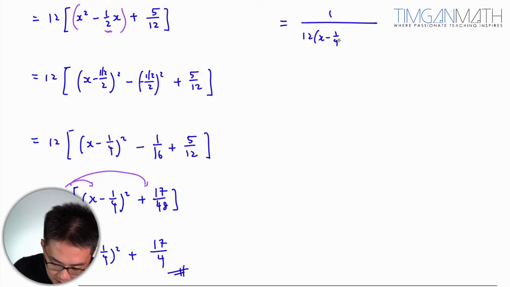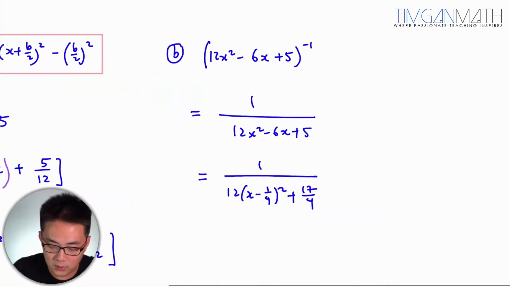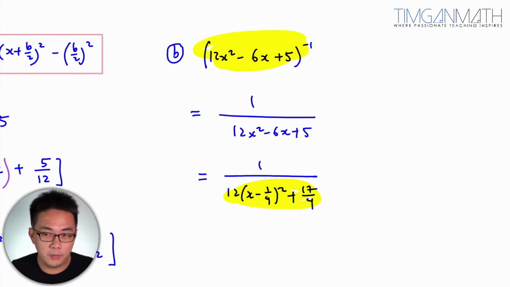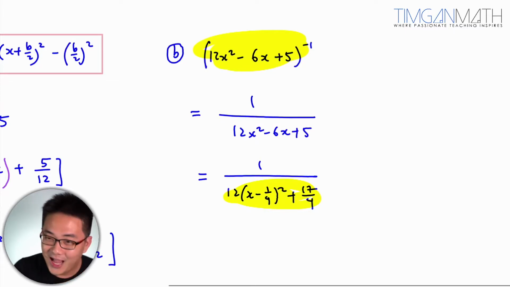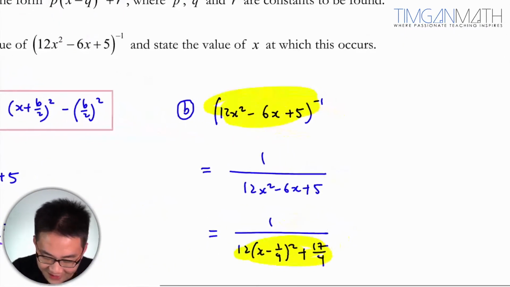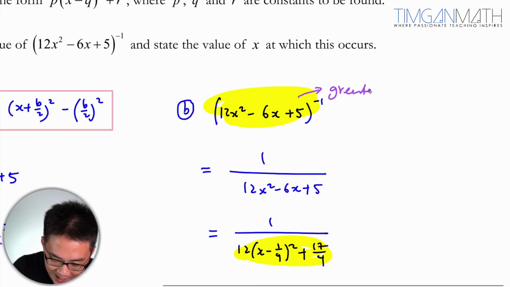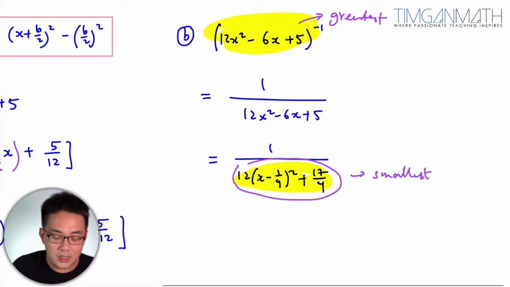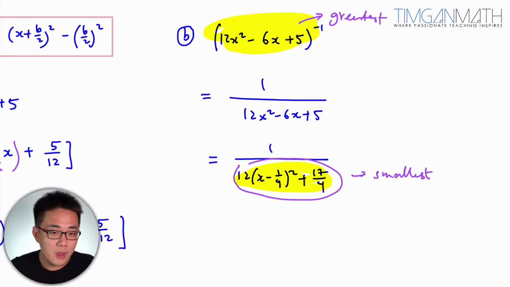12x minus 17 over 4. Now your variables are below, so meaning to say the whole term here would change. The value would change depending on the variable below, right? The variable below dictates how this expression here behaves. So if you want it to be the greatest value, meaning you need the one below here to be the smallest value. Okay, because the smaller it is below will render the overall